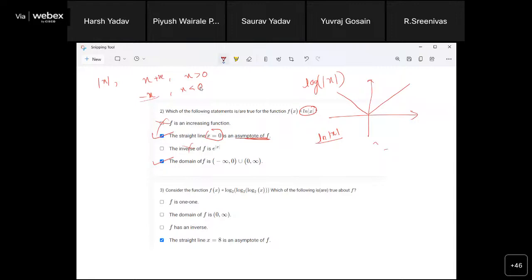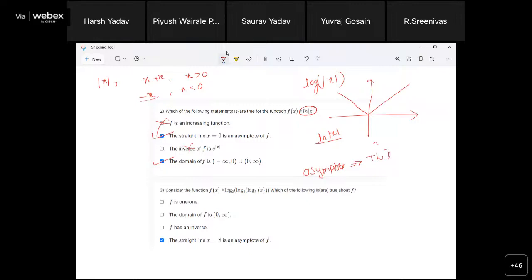Okay. So the third question also, right? Sir, x is equal, it is asymptote. What is that? Asymptotic. What is that, right? Yes, just 1 minute. So asymptote means